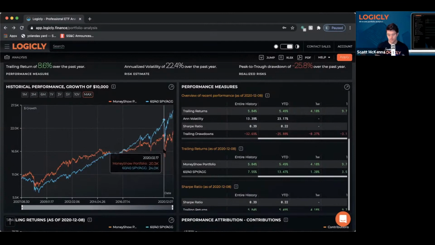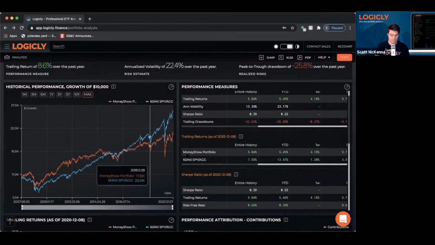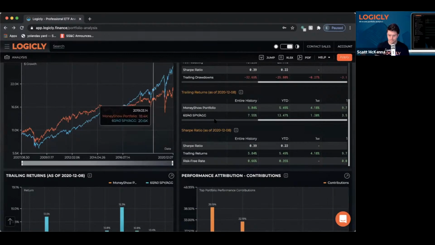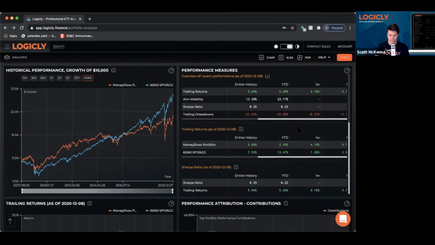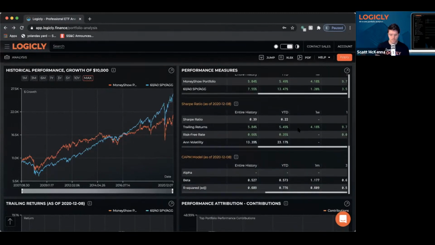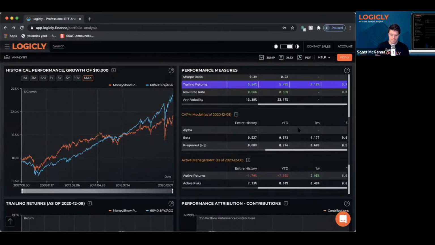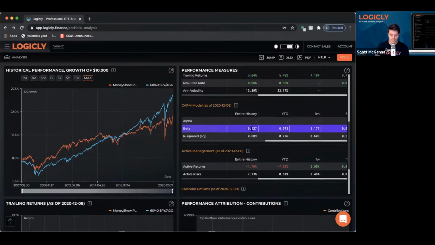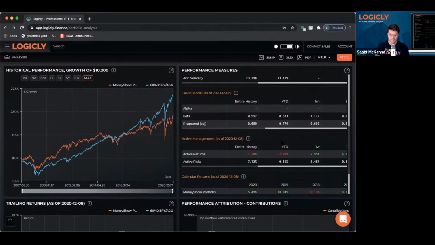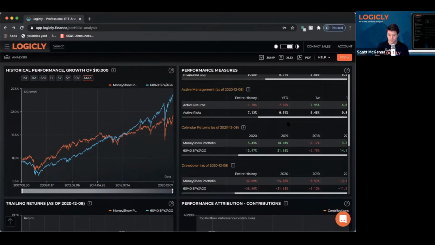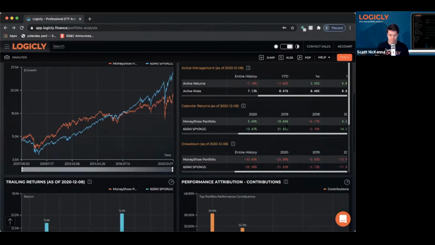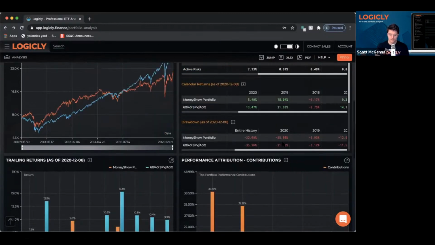My guess is probably from the XLE exposure recently. But then we can look at other statistics as well: trailing returns, Sharpe ratios, the CAPM model, so the alpha, beta, R squared of the portfolio, active management as well. So we can see how that's contributed or taken away from performance, calendar returns, drawdown, things like that.